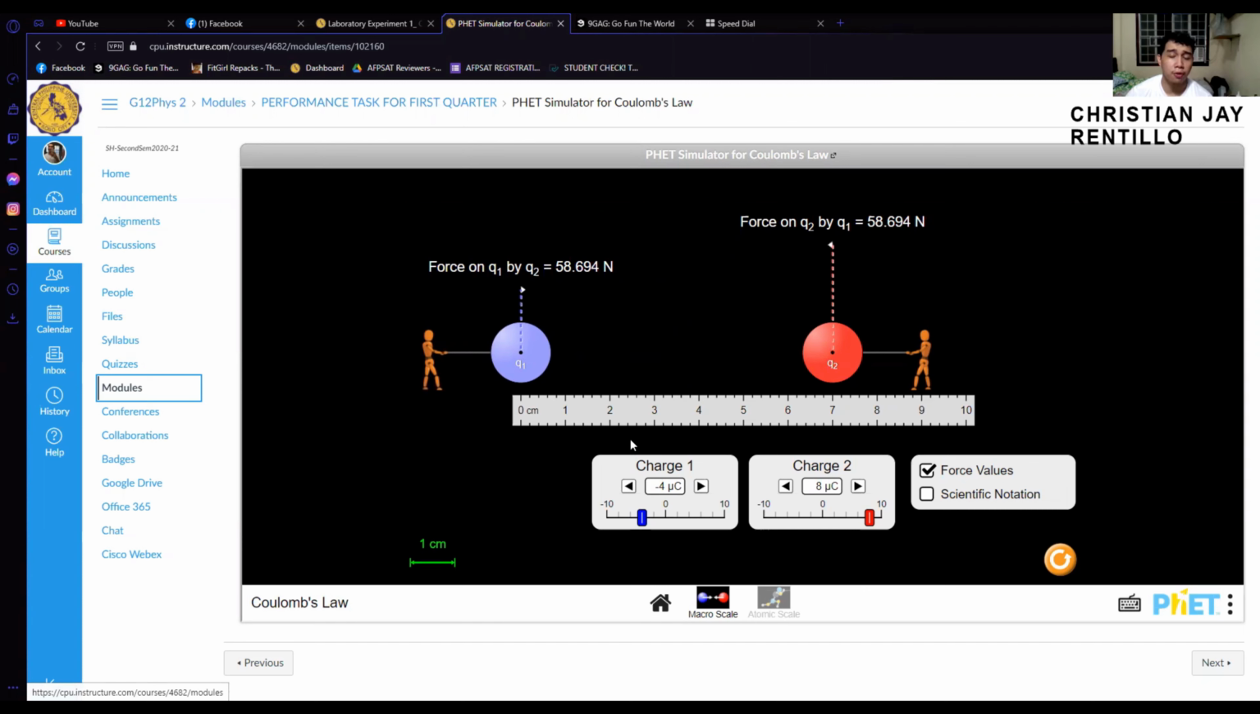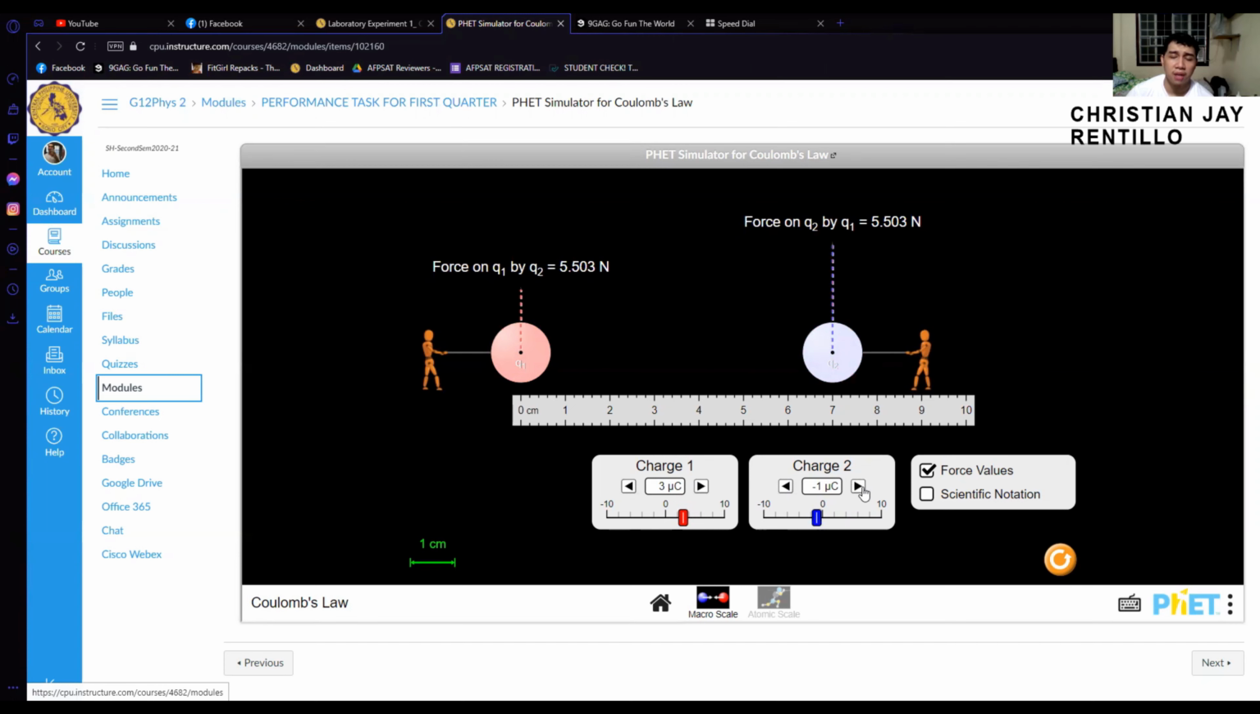For our charges, Q1 will be a positive 8, while Q2 will remain the same. So we'll have a value of 117.388 N. Now for number 2, Q1's charge will be positive 5, while Q2's charge will be negative 2, so we will have 18.342 N. For number 3, Q1's charge will be positive 3, while Q2's charge will become negative 1, so we'll have